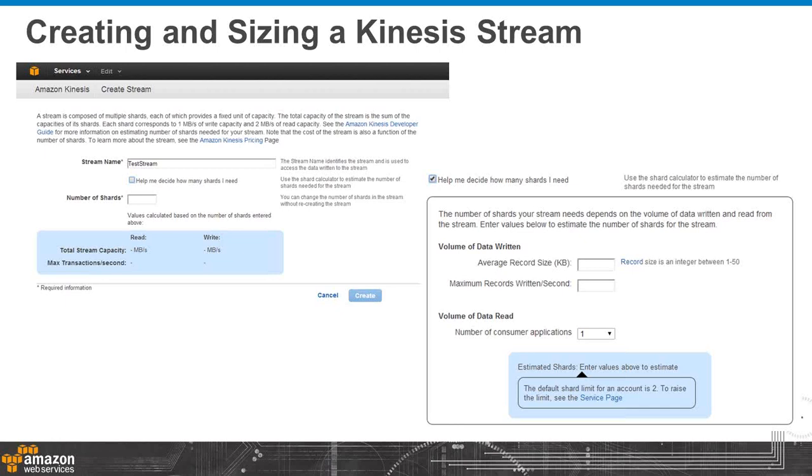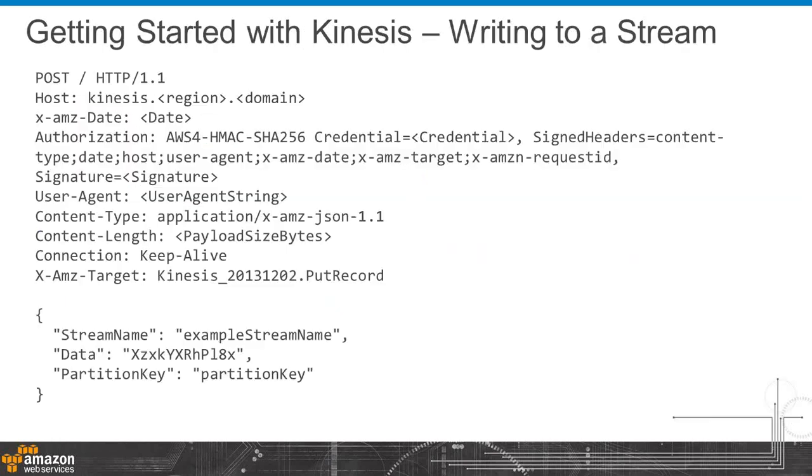The shard calculator will help estimate on your behalf the number of shards that might be suitable for your use case in the stream. And in this manner, through a series of 5 clicks, you can create a fully functioning stream that can capture and store your streaming data in a reliable, scalable, and durable form.